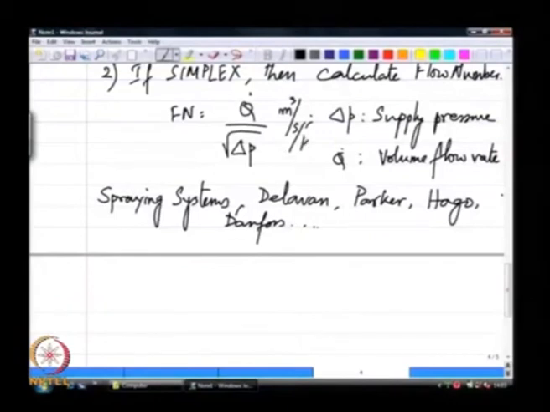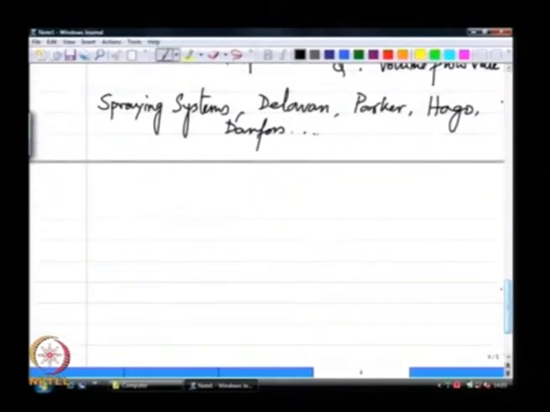Let us say, for example, meter cube per second per square root of kilopascal would be one choice, or gallons per hour per square root of psi. Gallons per hour per square root of psi is a perfectly legitimate unit for flow number. So, you can calculate this flow number, and typically you have a selection of nozzles that give you the same flow number, but different flow rates. So, the first step is to calculate the flow number,